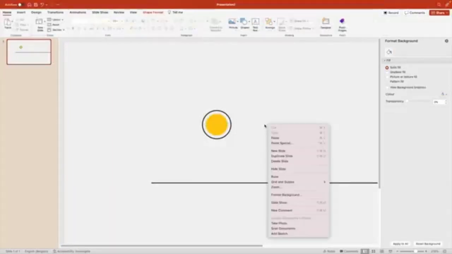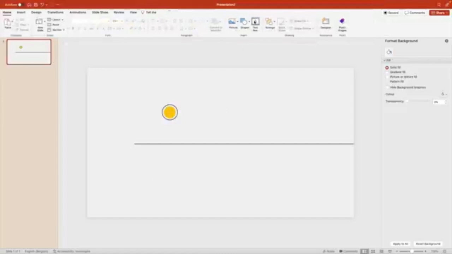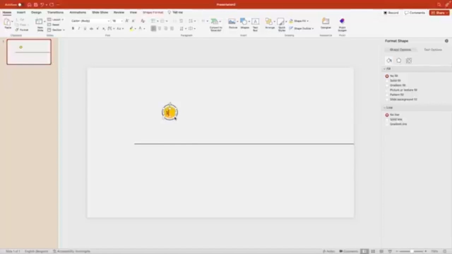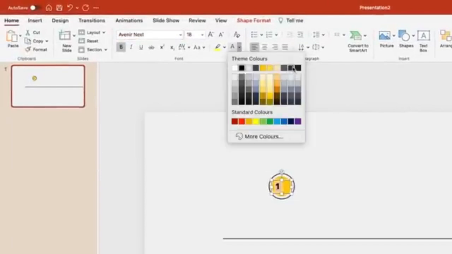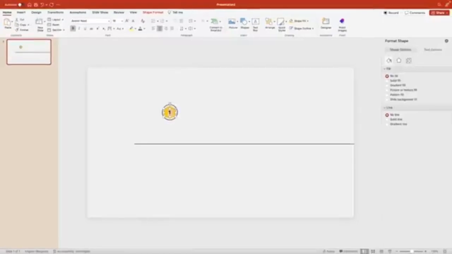That looks about right. Now we're going to add a text box. Drag a text box in here and type in 1. You can type in any other number that you want. Let's go for Avenir Next, make it bold and make it darker. Center it in the middle, increase the font size to about 20 and then center it in the middle of